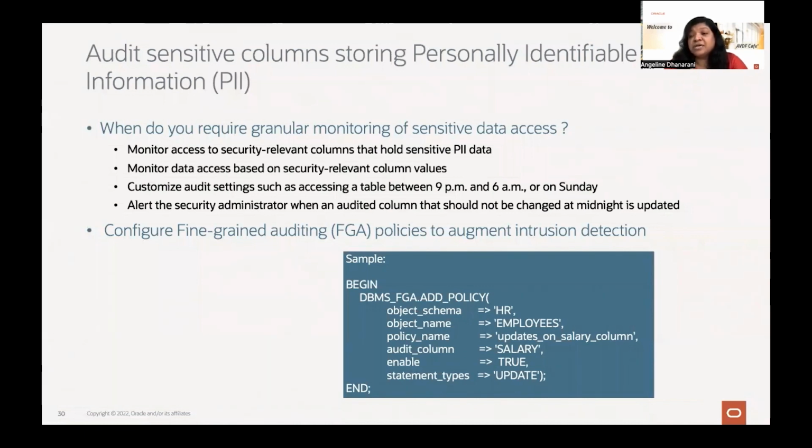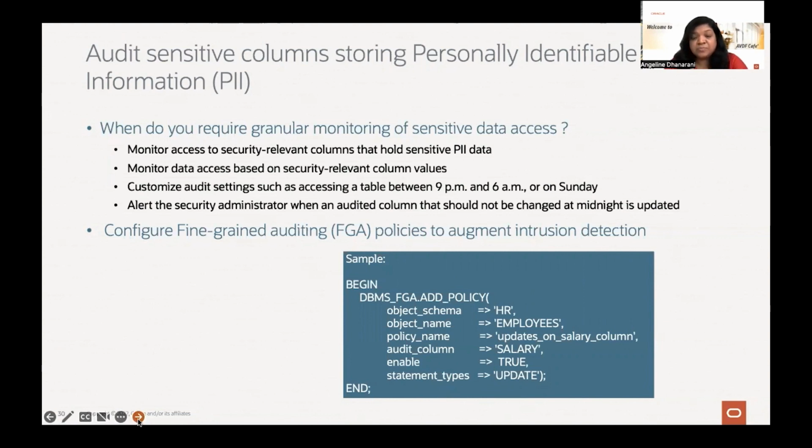It can enable the columnar access. So you can create an audit policy for tracking salary updates in the employee table in the unified audit policy as well. Of course, that will not allow you to do event handling, but with the unified audit policy also you can configure it. So that's one of the things that's available in 23C. And if you're interested in testing that out, you can enroll for the beta program. We have provided the scripts for you to test that out.